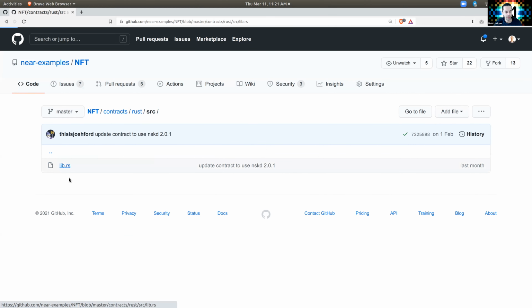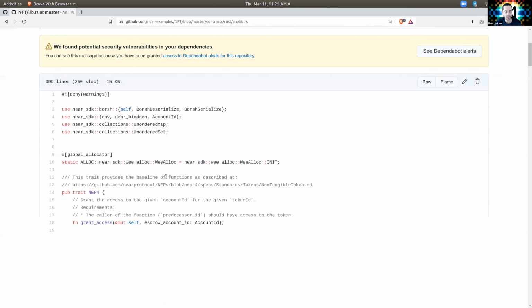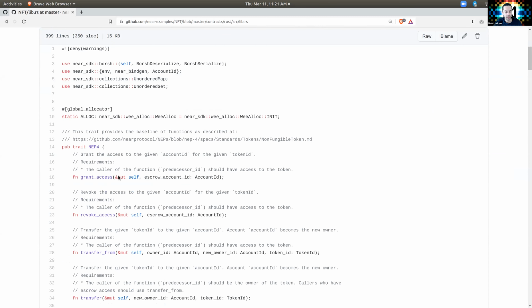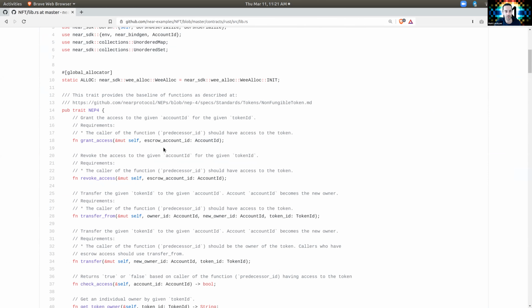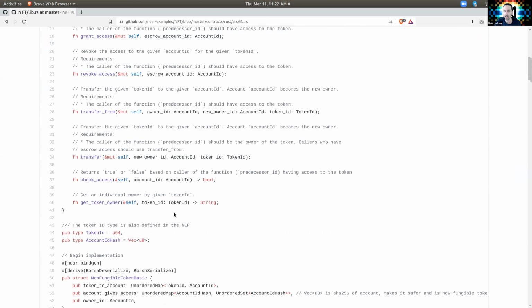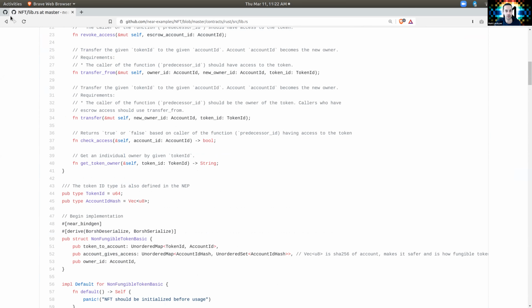it's just a single file. There's grant access, revoke access. So you'll see that you're adding a single account that can basically transfer tokens. So it's not adding accounts on a per token basis. There's no accounting for storage. So one of the issues